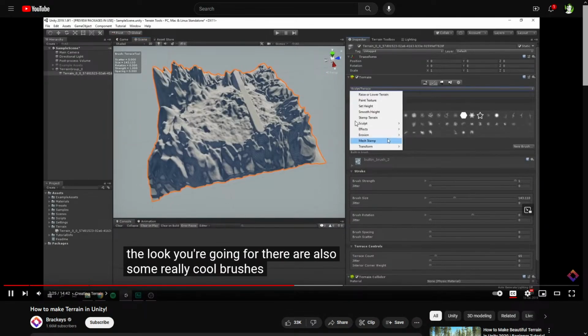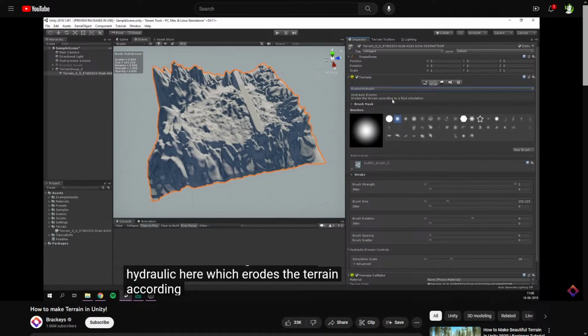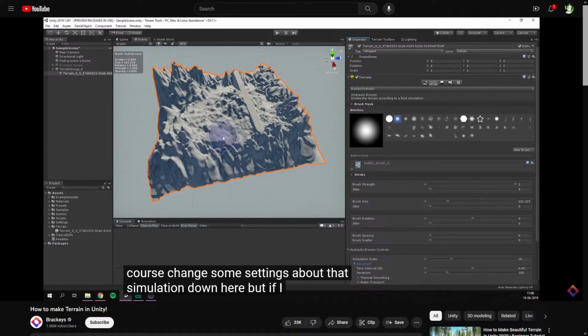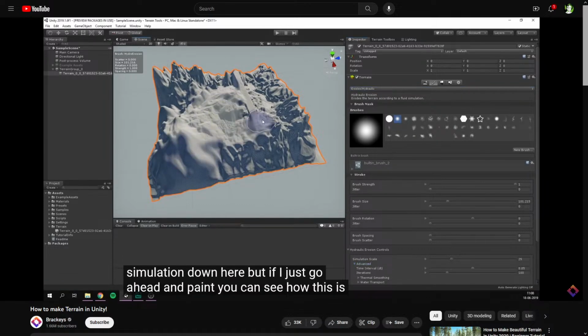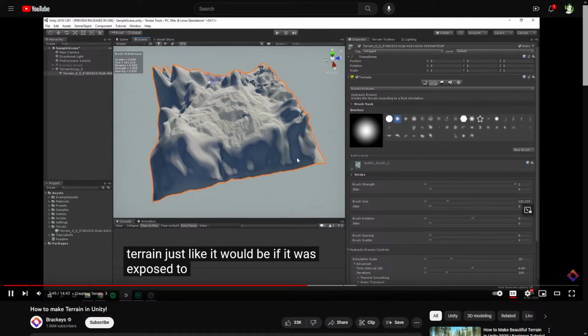There are also some really cool brushes called erosion brushes. You can see there's hydraulic, thermal, and wind. I'm going to select hydraulic here, which erodes the terrain according to fluid simulation. You can of course change some settings about that simulation down here, but if I just go ahead and paint, you can see how this is kind of smoothing and flattening out the terrain, just like it would be if it was exposed to water over a long